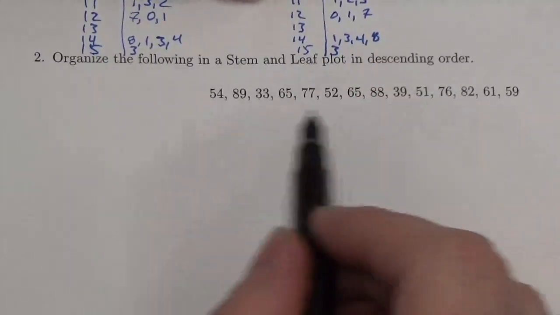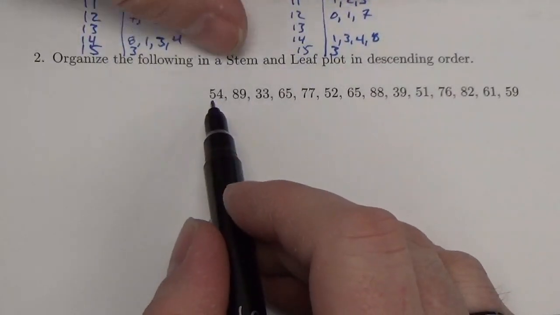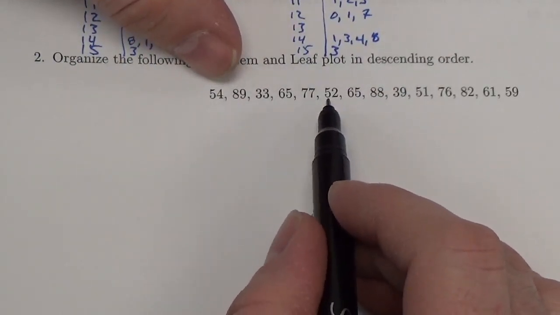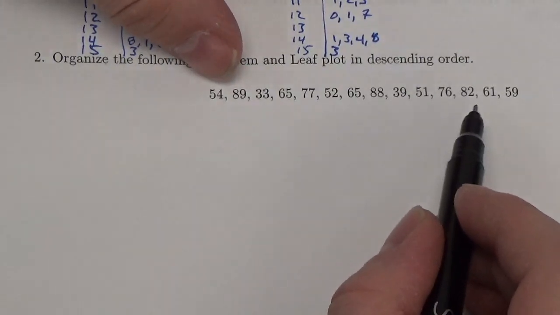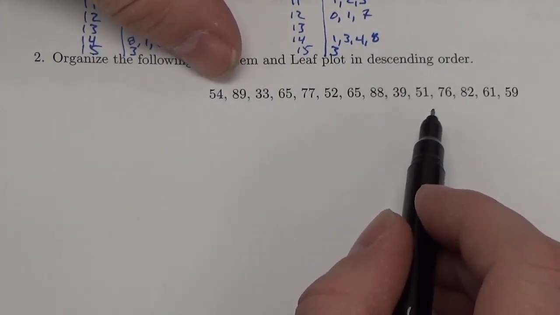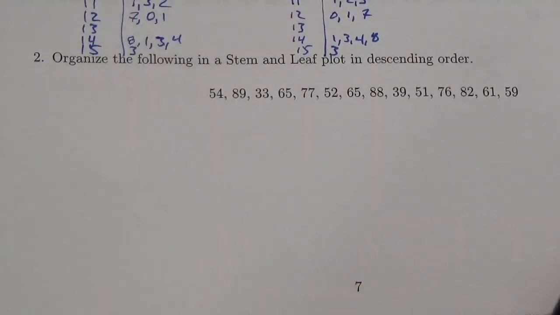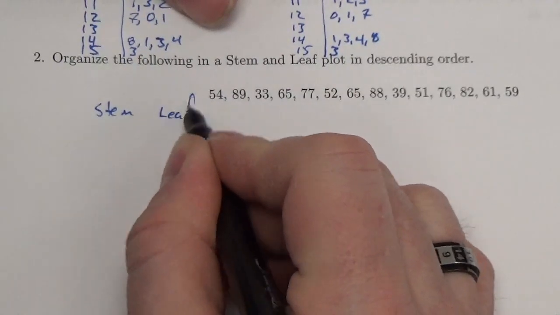So again, I'm going to look at my numbers in just a quick glance. They look like they're all two-digit numbers, okay? So I've got 50, 80, 30, 60, 70, 50, 80, 30. So it looks like the lowest I get to here is 30, and the highest I get to is an 80 something. So stem, leaf,